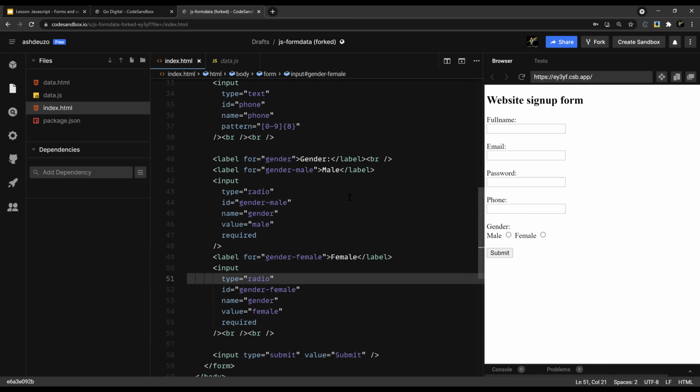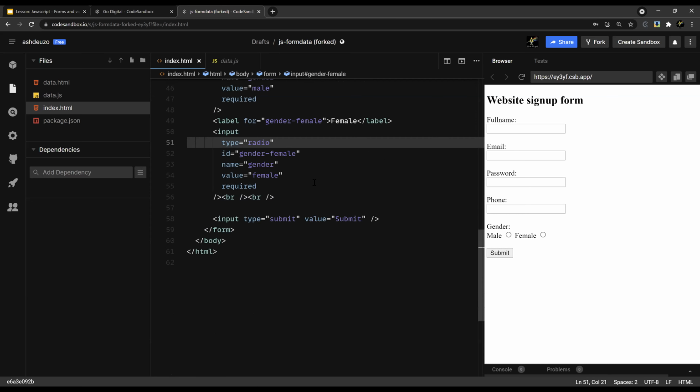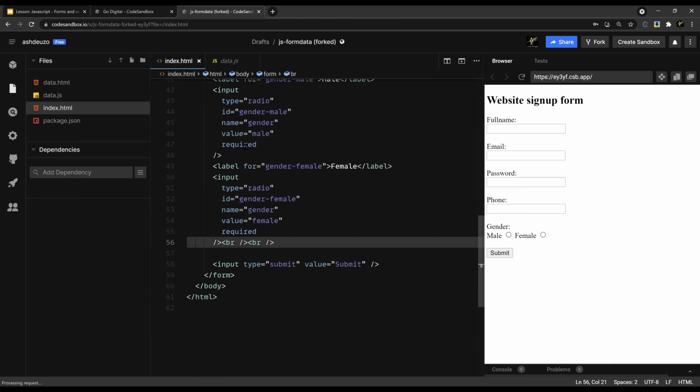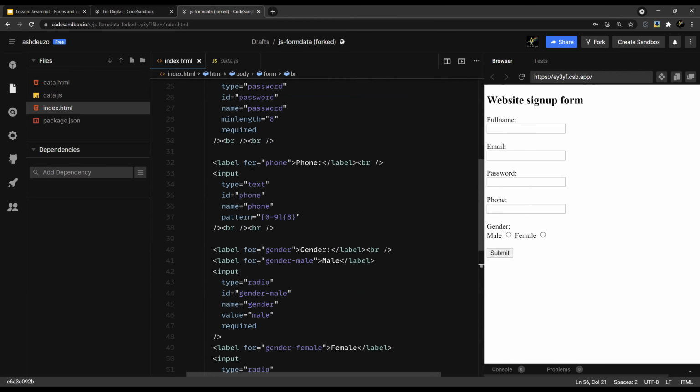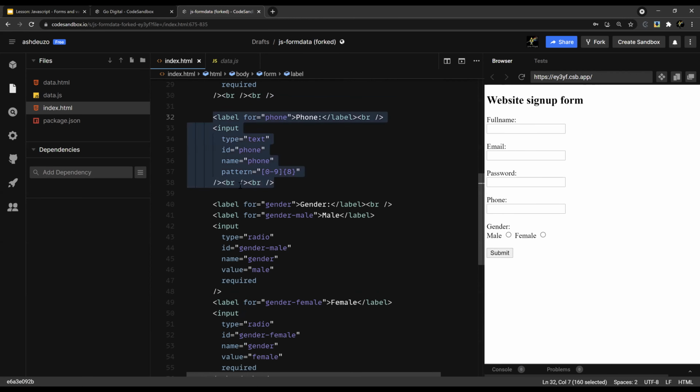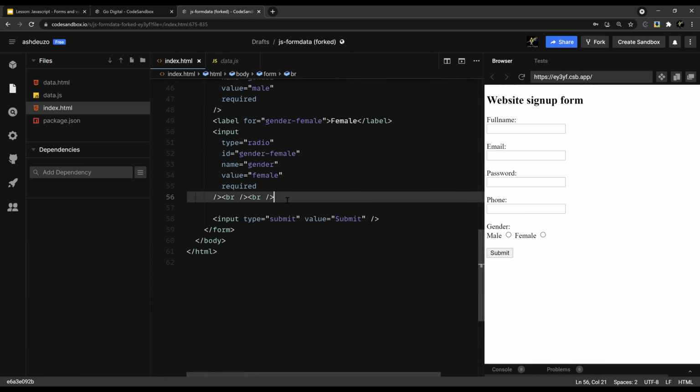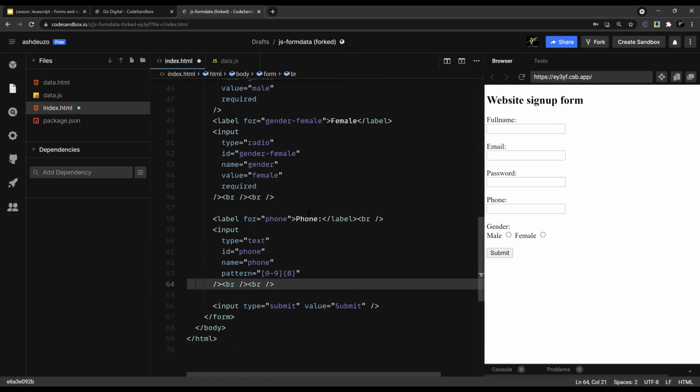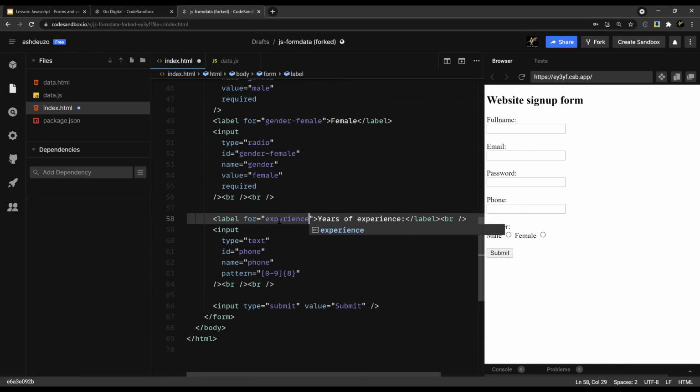Another input type that I'd like for us to see is the number input type. So we'll be adding that. Let's take it from here. And let's add another input, let's say we're making a website for professionals, a LinkedIn of sorts. So let's say we add here years of experience, the years of professional experience. And we'll call this